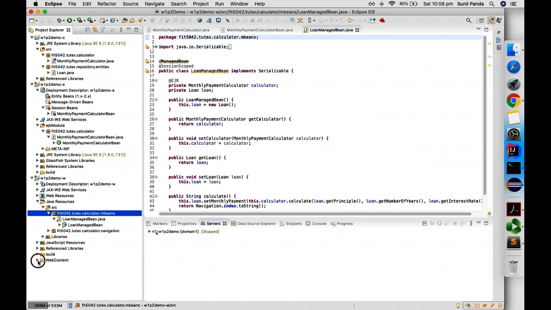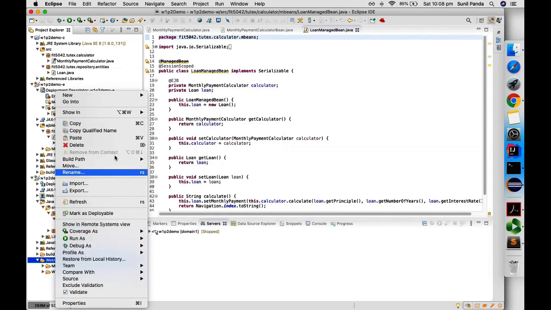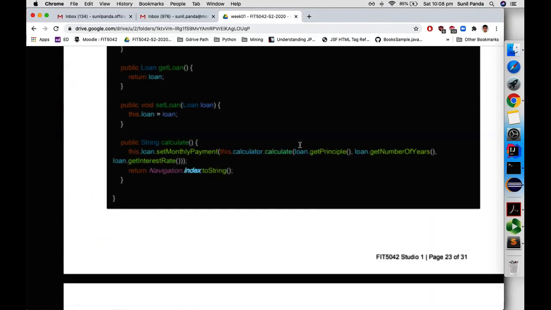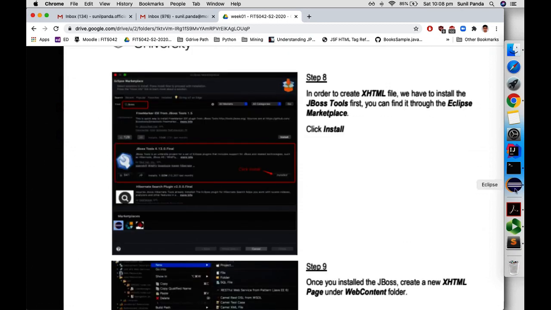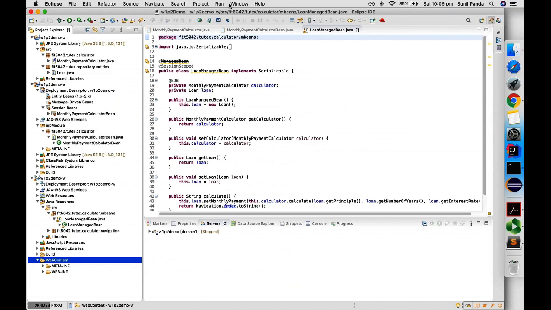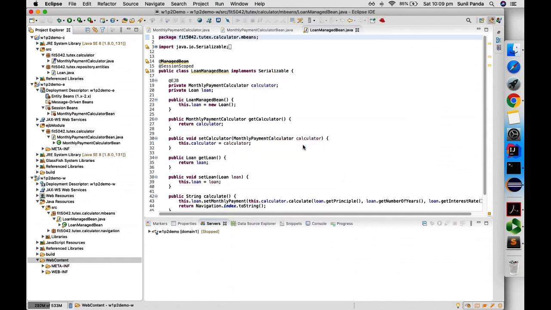So we don't have any web page. Generally, the web page will be in the web content. So I'll see if I can create an XHTML page. Yes, I can create. That means JBoss is installed. If you don't see that option, probably JBoss is not installed, so you probably have to install JBoss tools from the marketplace. If you don't see that XHTML option, you can simply go to Help, Eclipse Marketplace,